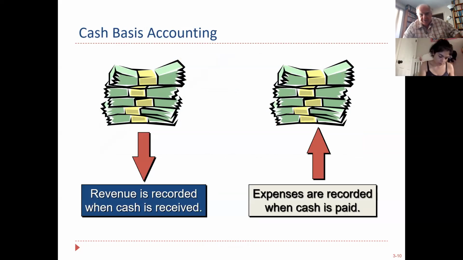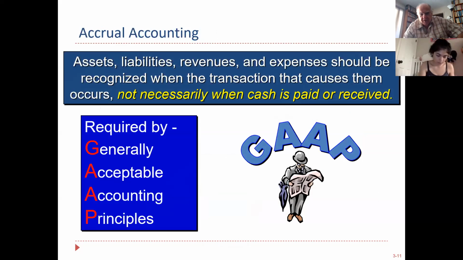Cash basis of accounting, I'm going to skip this. We don't teach cash basis of accounting here, nor does any other school in the world. But some businesses, simple businesses like cash accounting, it just means that the cash drives all of the revenues and expenses. I'm not going to say any more than that. If you're interested in it, we can talk about it.